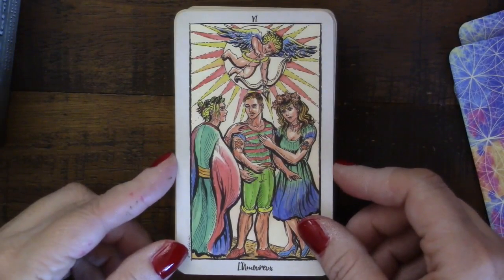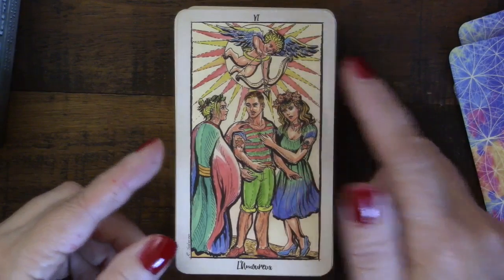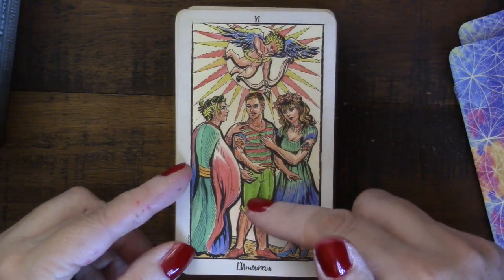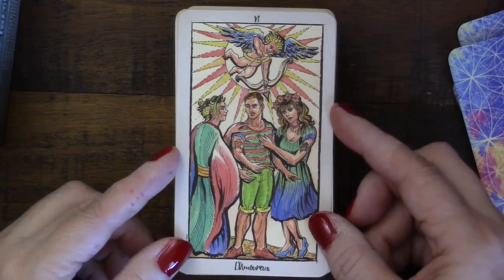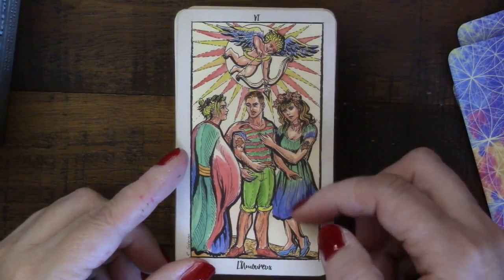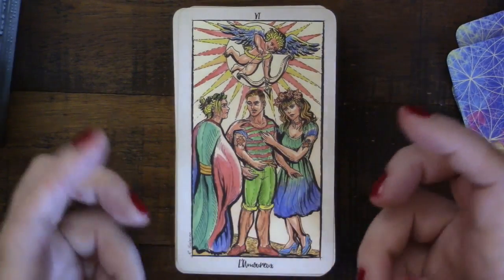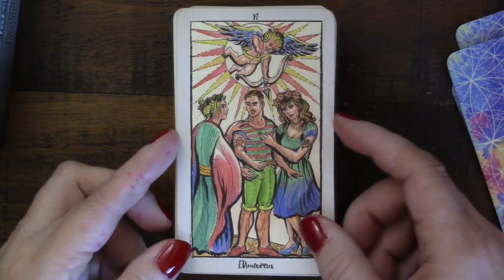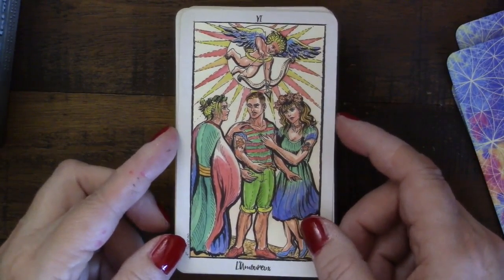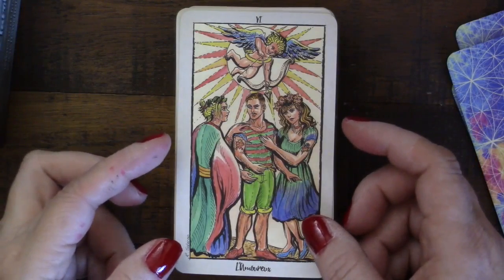Here we have a very traditional lover's card here. We have the Cupid, we have the man. I love his clothes, adorable. Again, you've got the sort of more free-loving young girl, although they're both quite lovely, much more respectfully dressed versus a little bit maybe more free flower child girl over here,